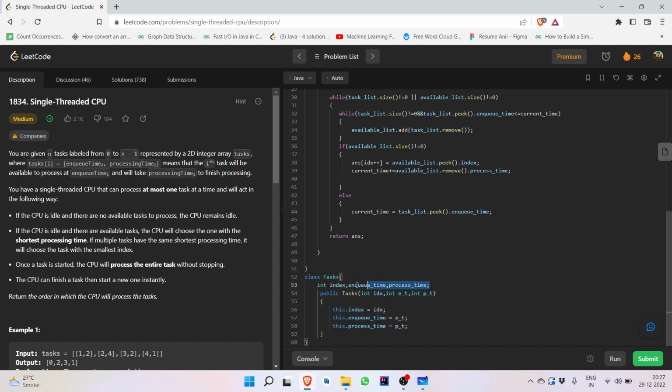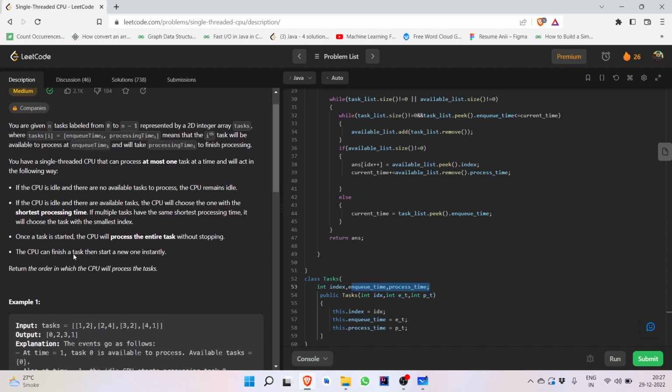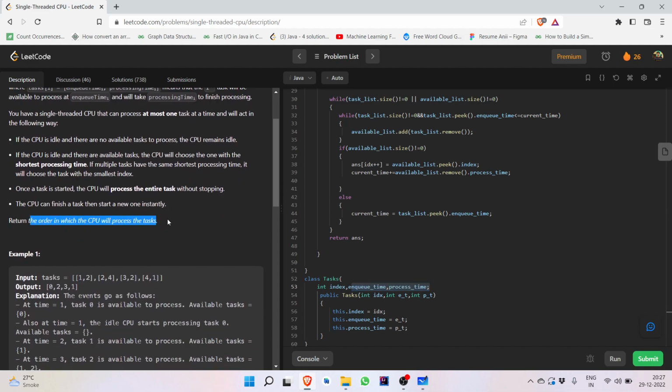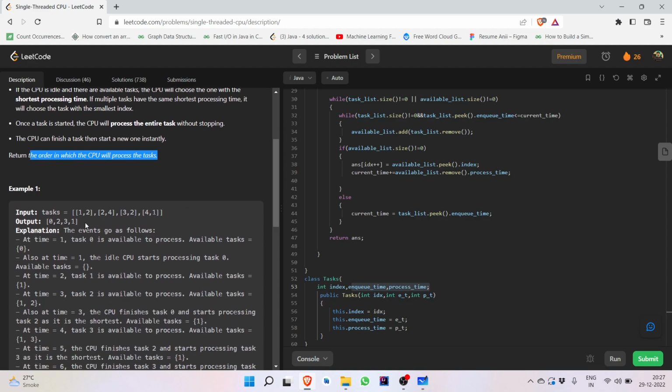It takes the input as index, enqueue time, processing time. Since at the end we have to return the index, as you can see, the order in which the CPU will process, so you have to return the order of the index. That is the index you have to return. Like here, if you see, task number 0 will take place first, then second,